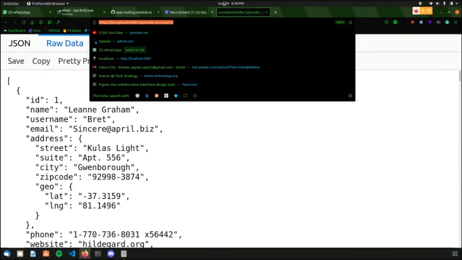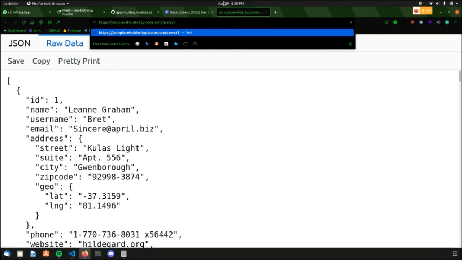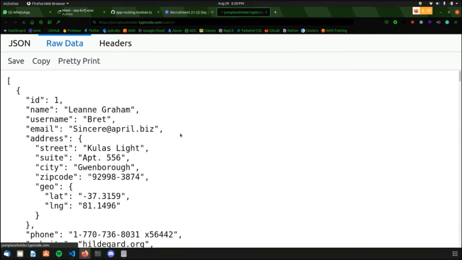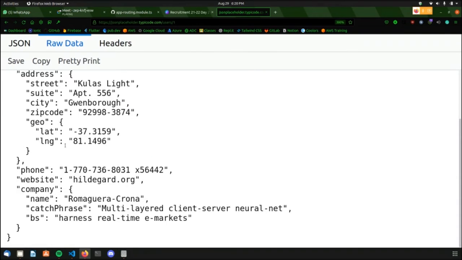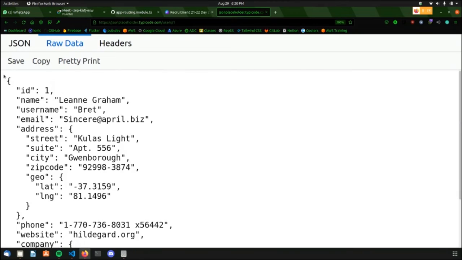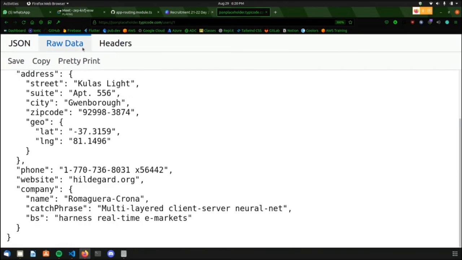And I'll just show you another route. This is for the API itself. If I pass the ID after this, I get only that person's data. I don't get any other person's data, and I don't receive an array anymore. I just receive that particular person's data. This is something we'll be seeing later while creating the app. But for now, this is fine.